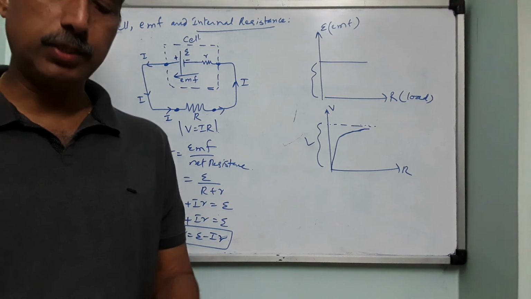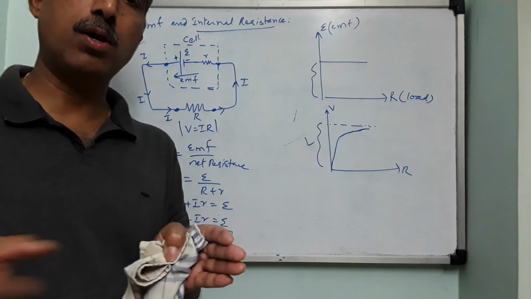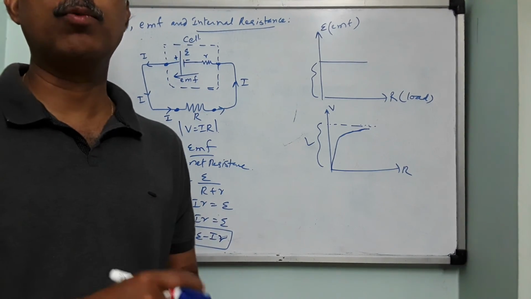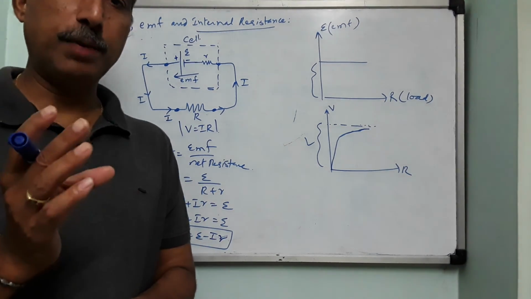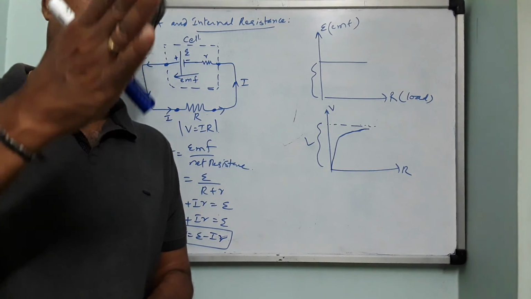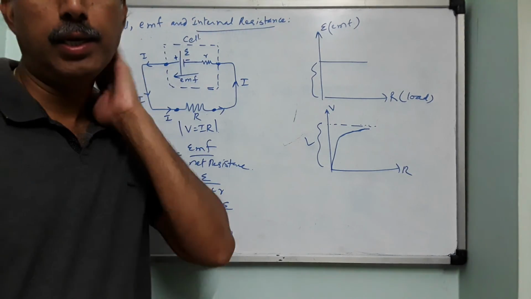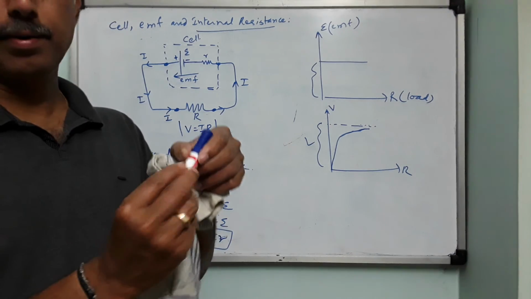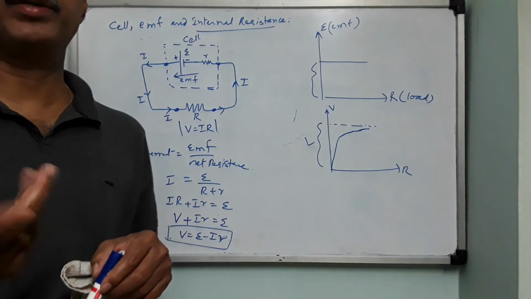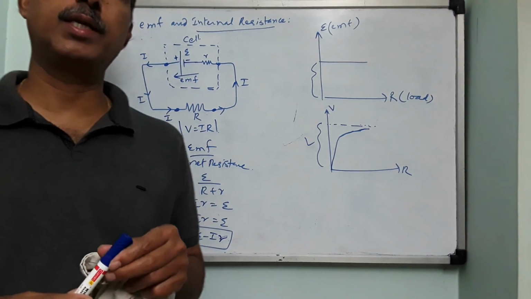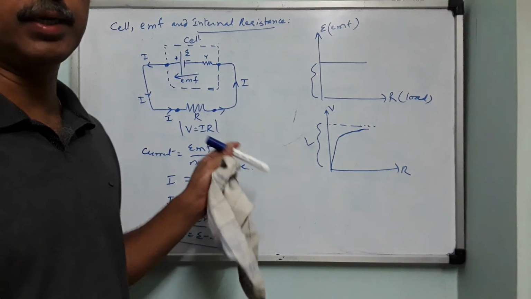The second one is the distance between the electrodes. If electrodes are far away from each other, ions have to swim a long distance, therefore they have to encounter more and more resistance. Right? And then the third one is the shape of the electrodes. You have got 2 types of electrodes. One is rectangular flat electrodes, like a copper sheet like this. The other is cylindrical electrodes like this pen, zinc rods generally. So the smaller the surface area, the smaller will be the internal resistance. This is the relation between area and the internal resistance.